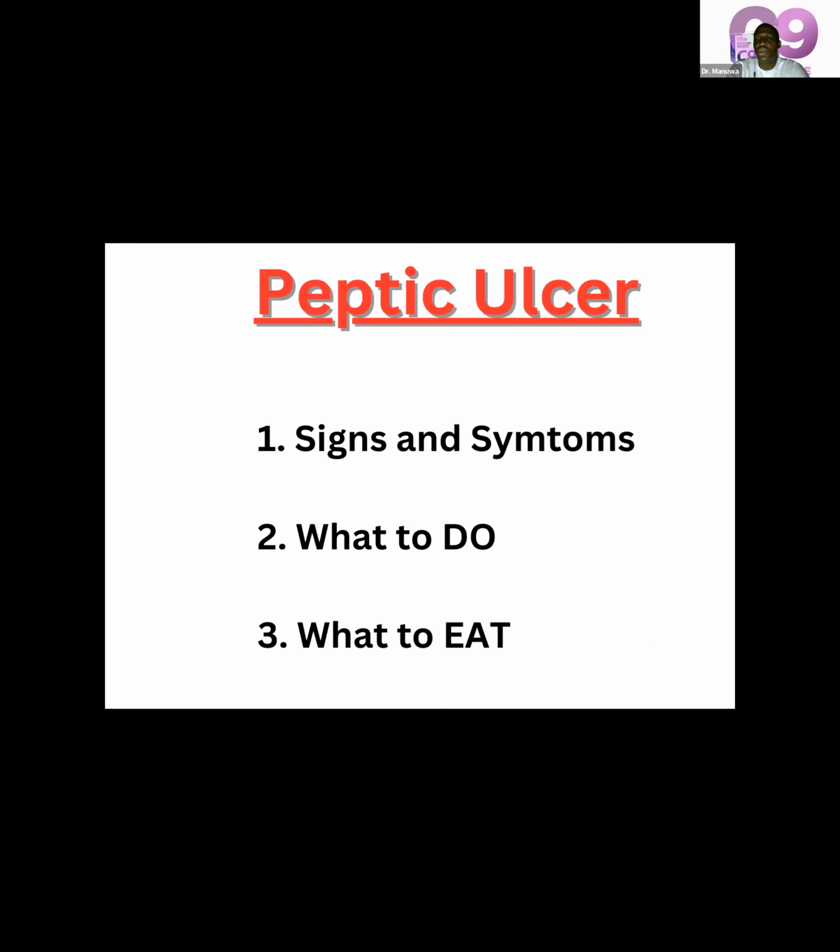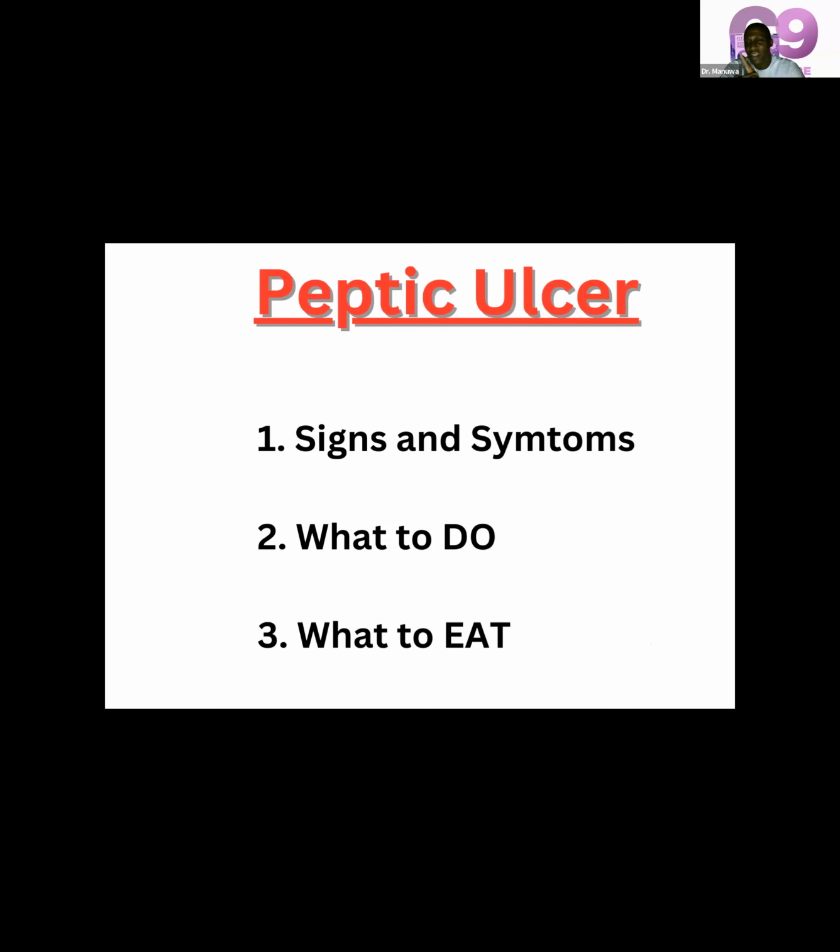And what is the fourth thing that you should do? Whether you have peptic ulcer disease that you have already resolved, or you have peptic ulcer disease that you are trying to resolve now, or you do not have peptic ulcer disease at all. The fourth thing that you should do is